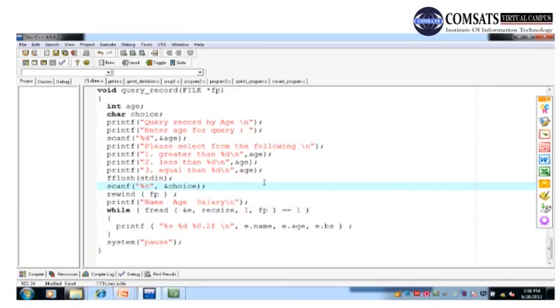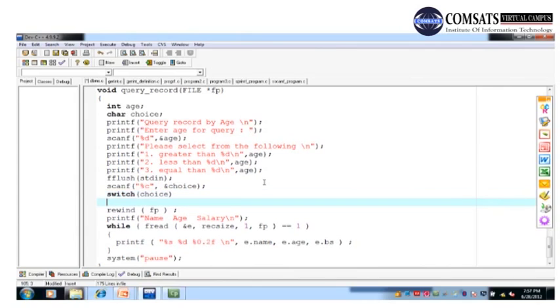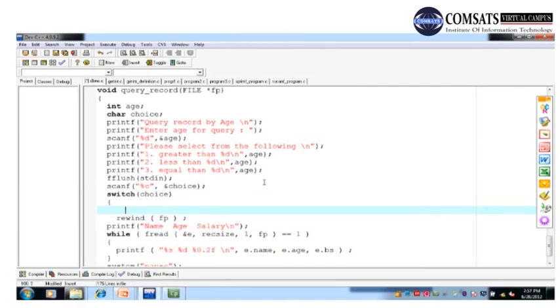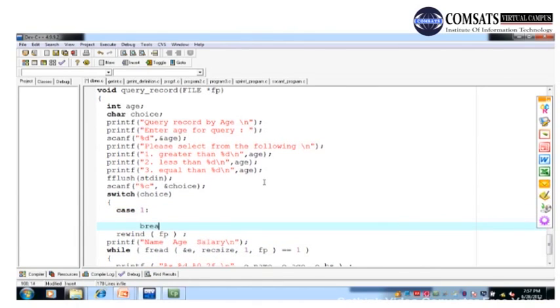Okay, now we have 3 cases. ठीक है, 3 cases बन सकते हैं हमारे पास अब. Switch choice, so case 1, break,